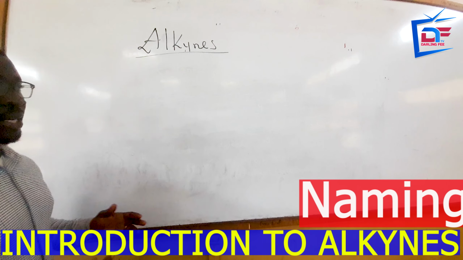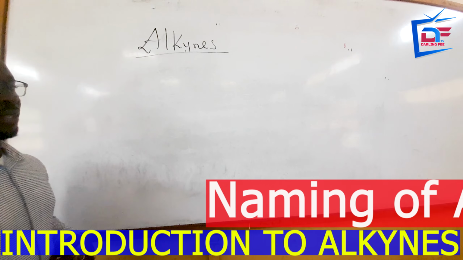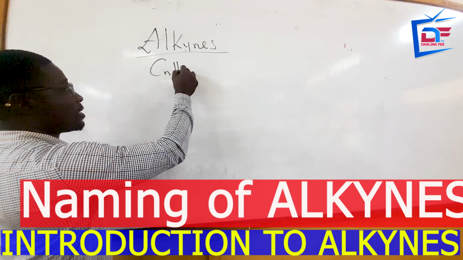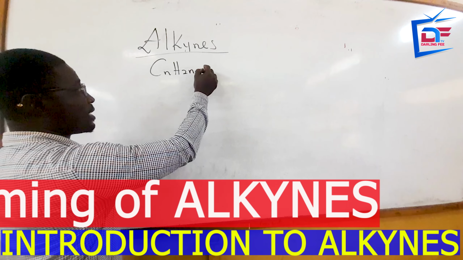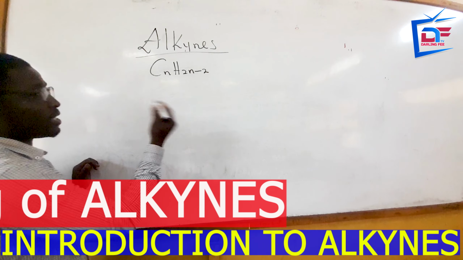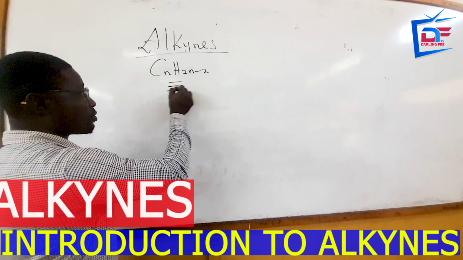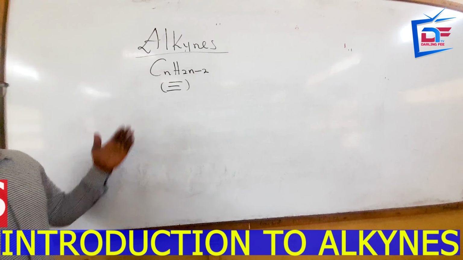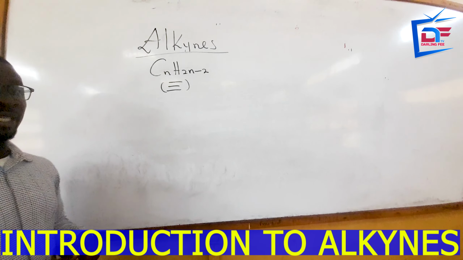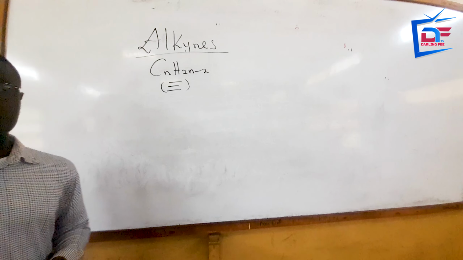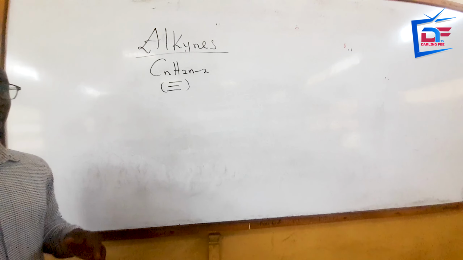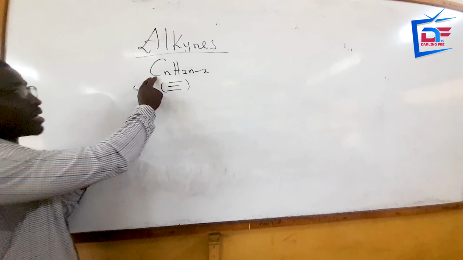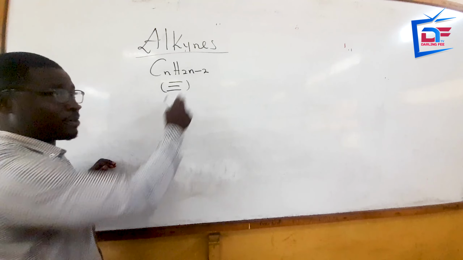Now let us look at the naming of alkynes. In the previous lesson, we said that alkynes have the general formula CnH2n-2, which indicates that we have triple bonds in alkynes. So that is what we want to look at. But there are some basic things that we need to know. How do I know the name given to the alkynes? How do I even know that there's a triple bond in there? We can use a formula to determine that, as we did